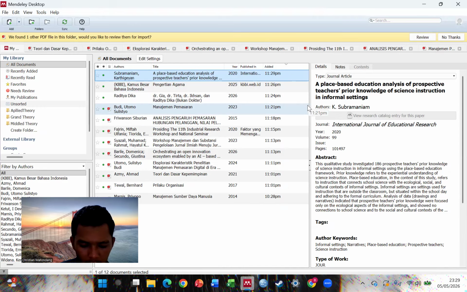But what if we still need the full content? You can copy the DOI of the journal and use a tool like Sci-Hub. Once the PDF is obtained, you can download it and upload it to Mendeley using the add files method we described.